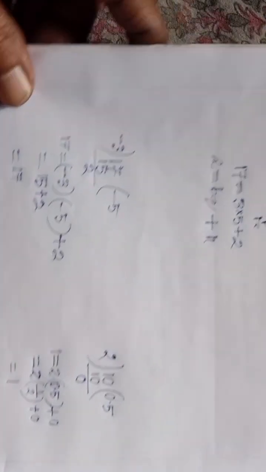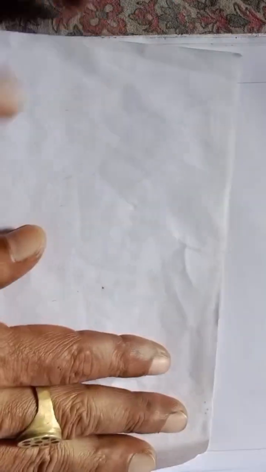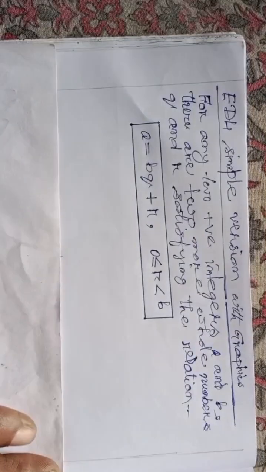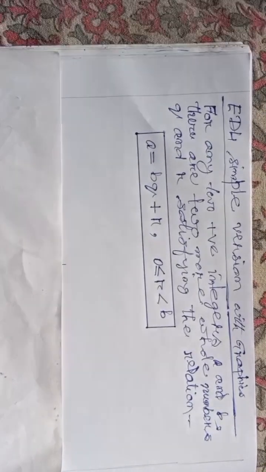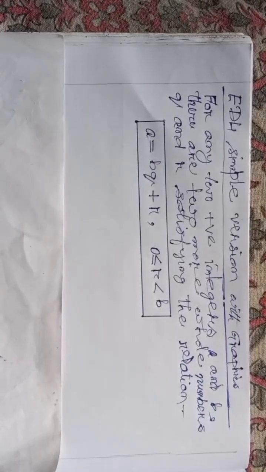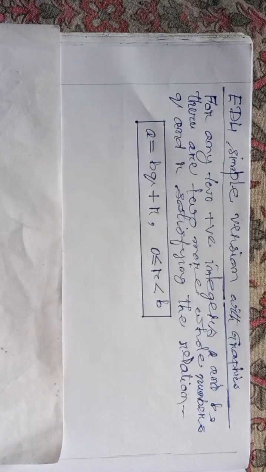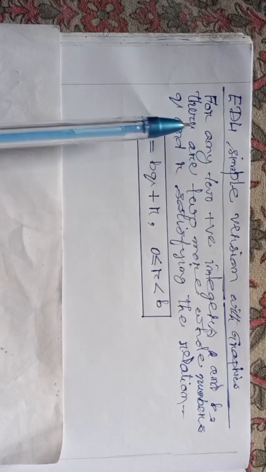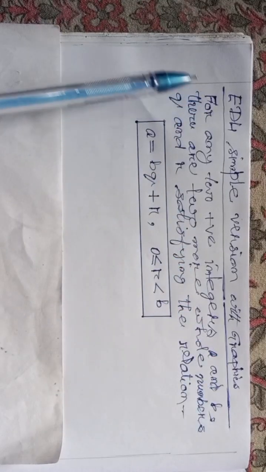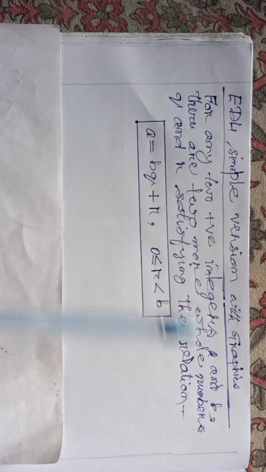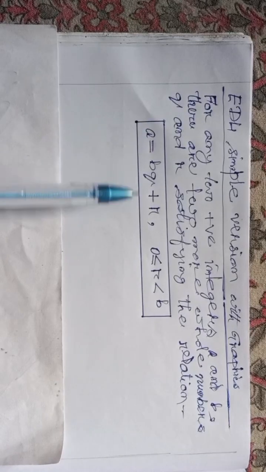Now it is time to understand the simple version of Euclid's division lemma. As I am explaining to you, not the exact definition but the simple version, if we translate it in a simpler manner. So this is EDL, Euclid's division lemma in simple version with graphics. First understand the statement. For any two positive integers a and b, there are two more whole numbers q and r satisfying the relation a is equal to bq plus r,